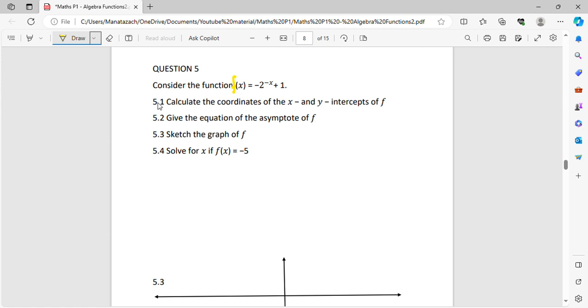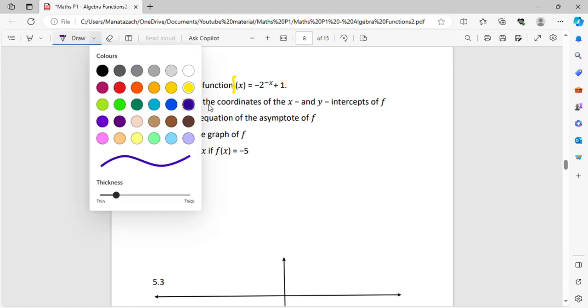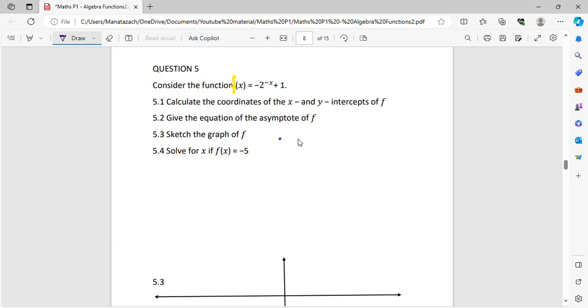For 5.1, calculate the coordinates of the x and y-intercepts. In order to find the x-intercept, we know that y must be 0. So solving for x,